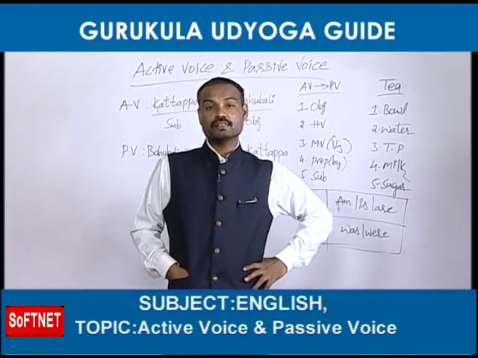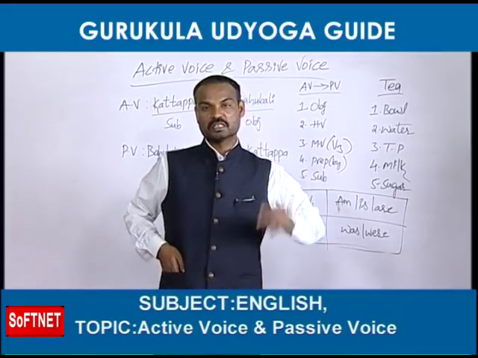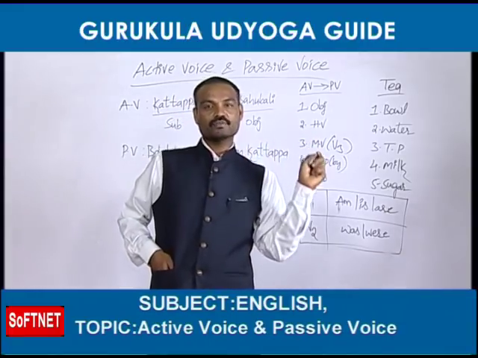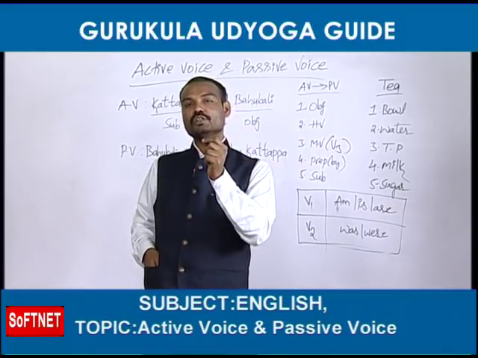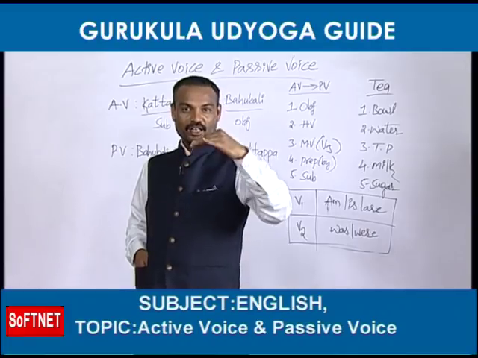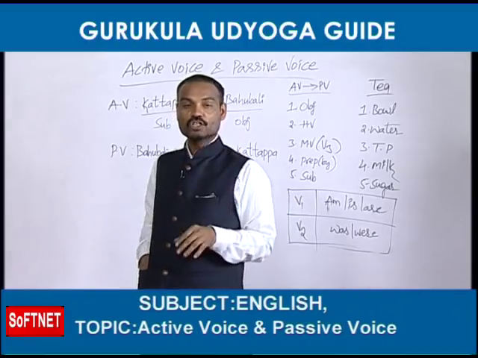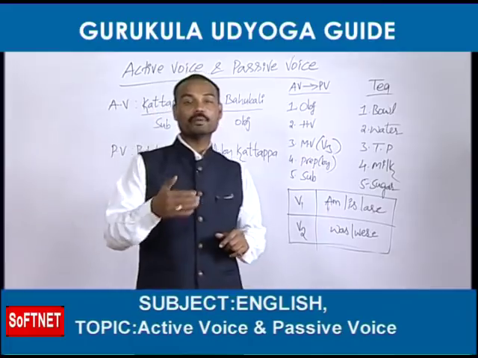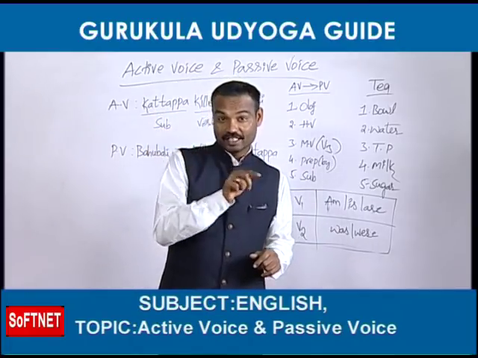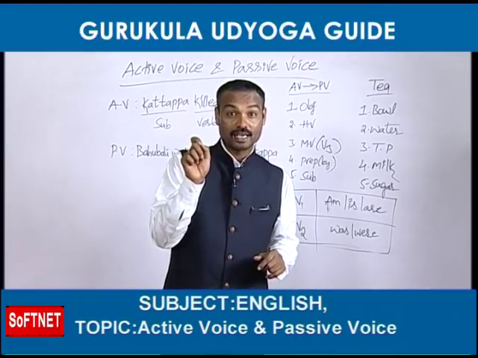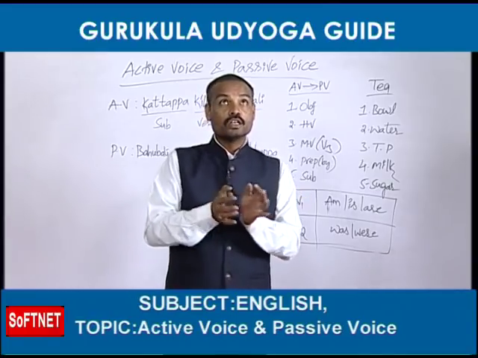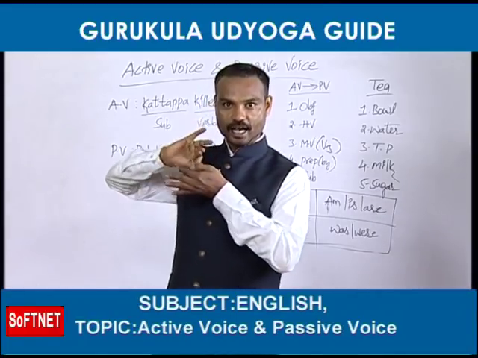For example, in the active voice, they have given one sentence like this: Sachin catches the ball. This is one active voice. In this active voice, where is the verb? Sachin catches. The word catch is the verb here. So in passive voice, it will be changed into V3. What is the third form of catch? Catch is V1. What is V2, V3? Catch, catched, catched? Some of you may think so, but no, it's catch, caught and caught. Sachin has caught the ball, not Sachin has catched the ball.